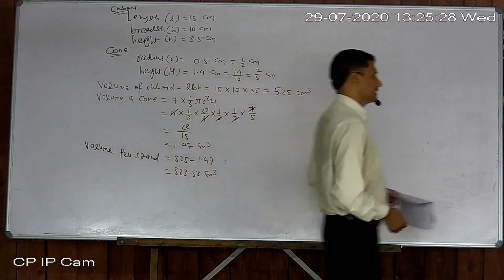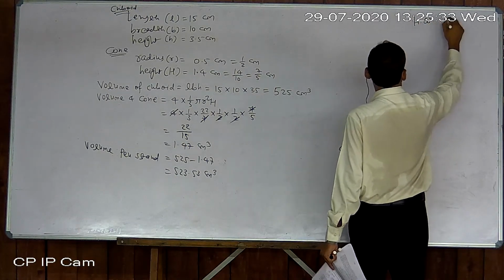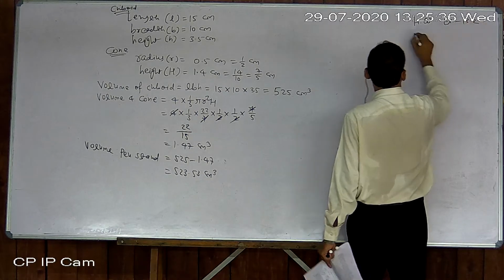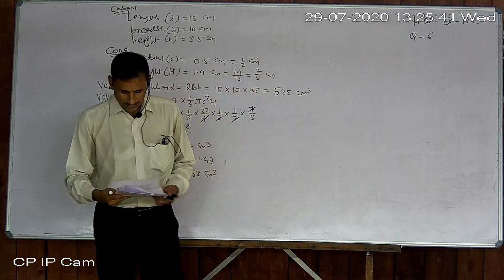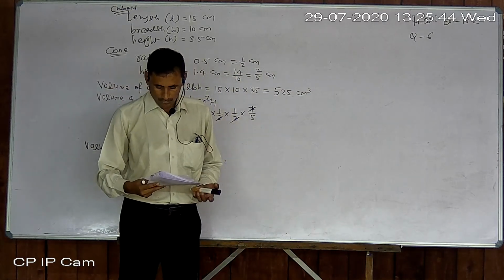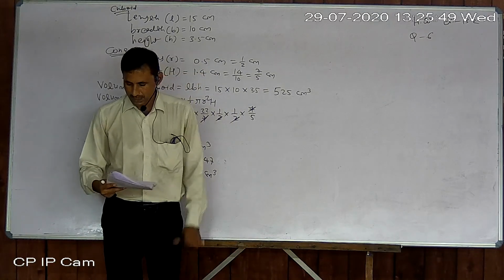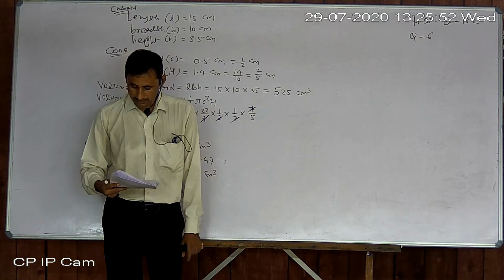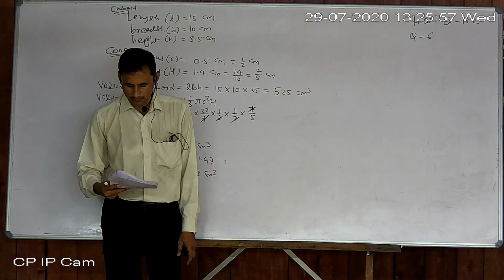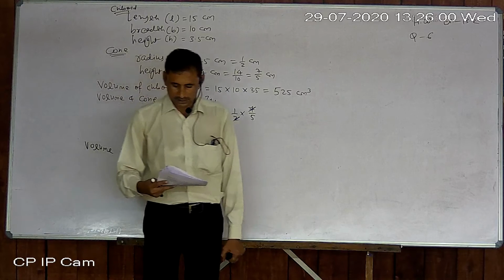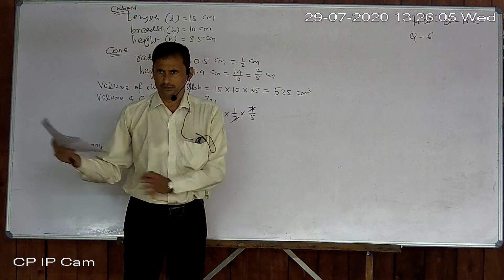Now homework. Look at number 6. Question 6. A solid iron pole consists of a cylinder of height 220 centimeter and base diameter 24 centimeter, which is surmounted by another cylinder of height 60 and radius 8. Find the mass of the pole given that 1 centimeter cube of iron has approximately 8 gram mass. That is the point of the last step.